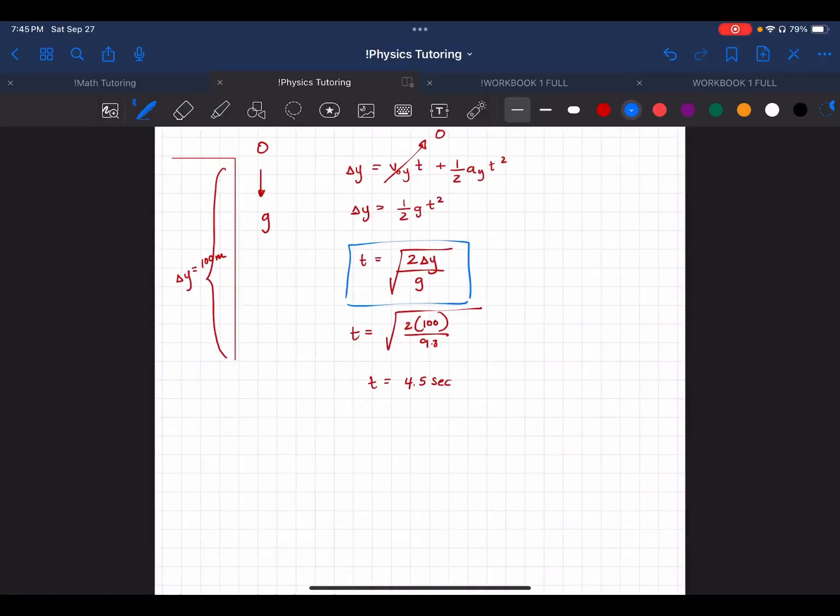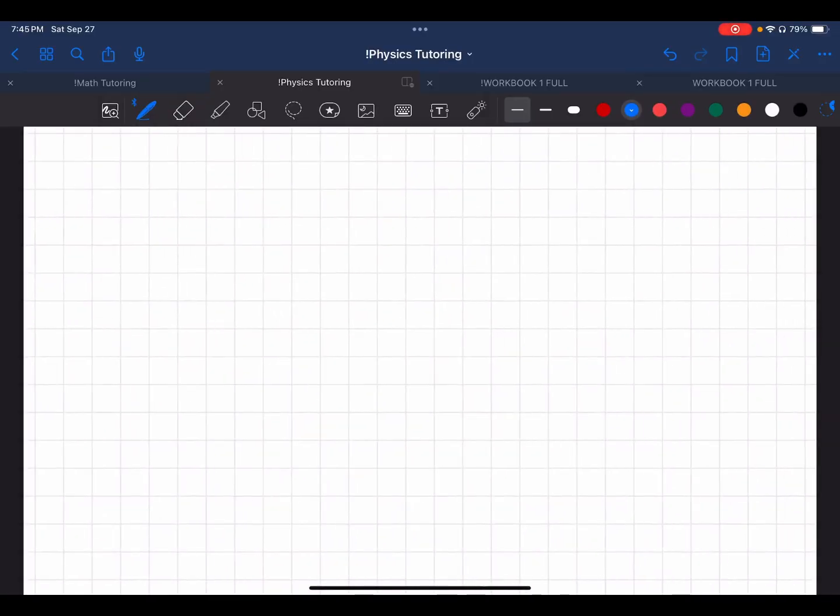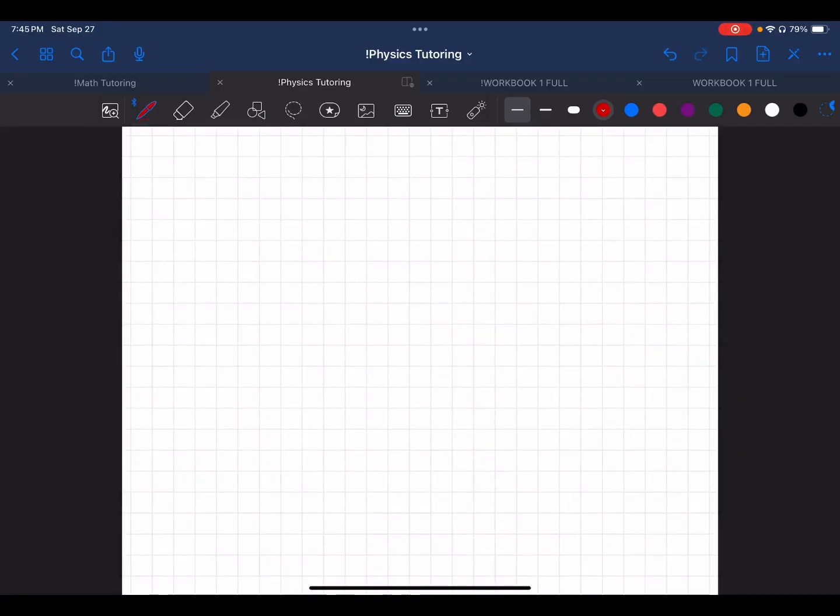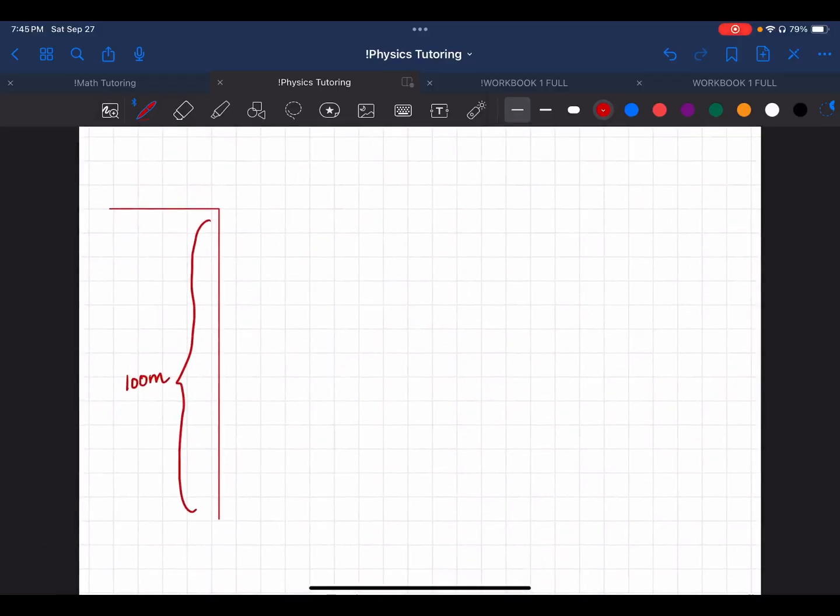So here's another question. What if now, instead of just dropping the ball, I use the same height, 100 meters, but I roll it off, right? Now I'm going to have a starting velocity. I don't know, v equals 10 meters per second, right? So if I roll it like that,